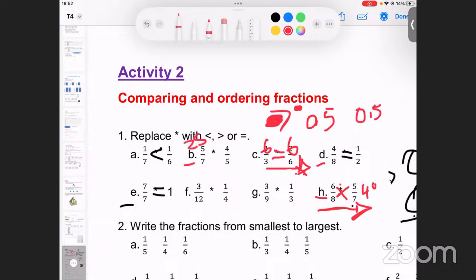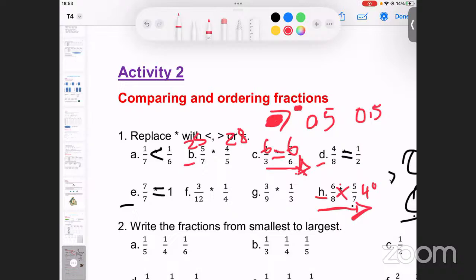Then we're going to say 4 times 7. Then we're going to get the answer of 28. Then we're going to put it on top of the 4. Then we're going to say